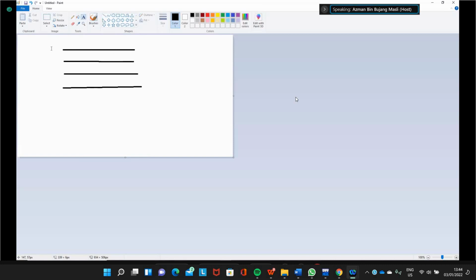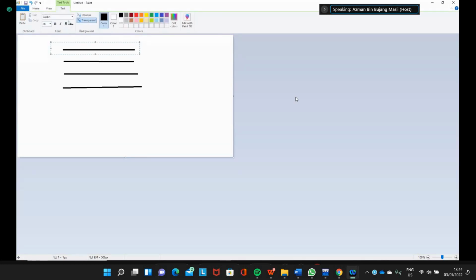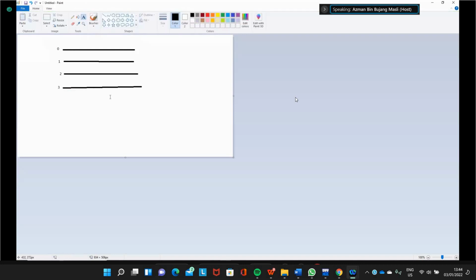If you use fseek, the first record is located at position 0 in the file. The second one is number 1, this one is number 2, and then this one is number 3.